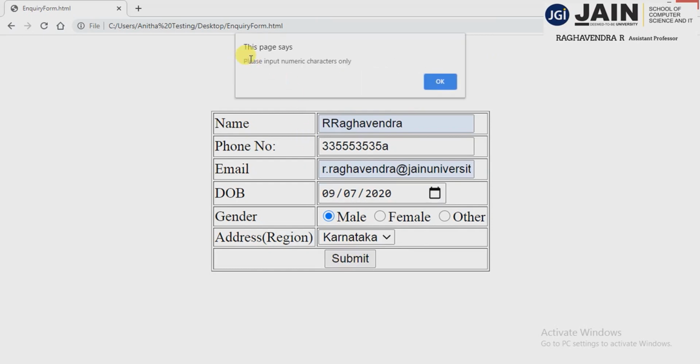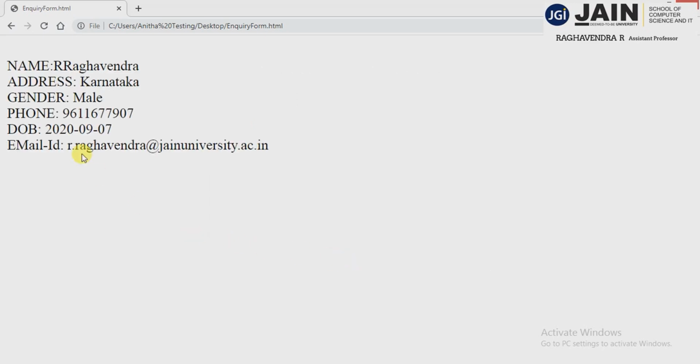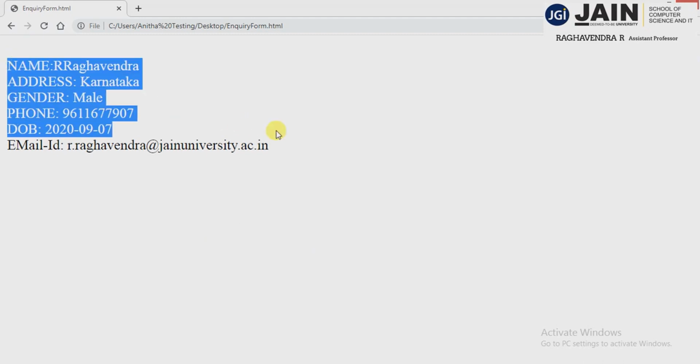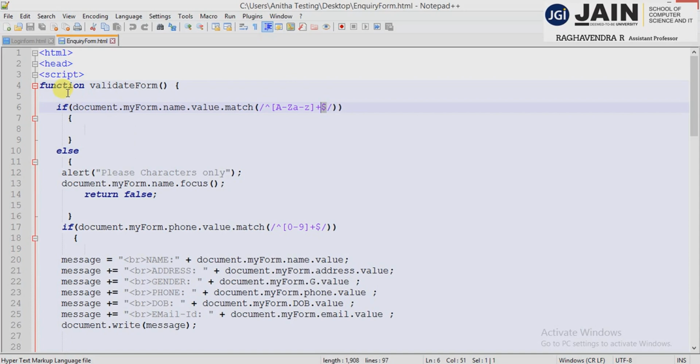It says please input numeric characters only. When I click OK, see the cursor, it takes the focus in the phone number. See, A. So what I will do, I'll just give a different phone number. So 961167907907. This is the phone number, accepted. So when I submit, it will submit the form. Then this is the information the user has submitted. So this is how we have to write simple code to create a login form and inquiry form using